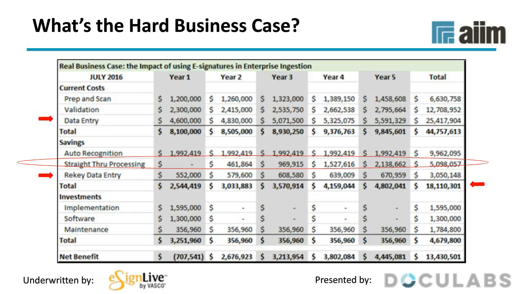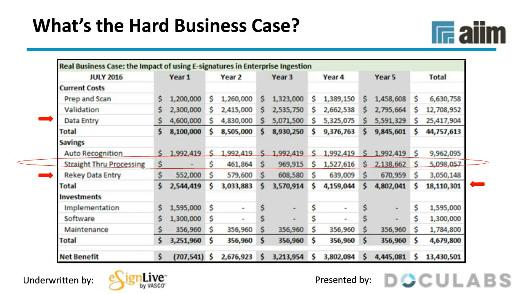In this very realistic scenario, you typically do it over 5 years. This is by doing e-forms and OCR capture and the e-forms using e-signatures. We're estimating a savings of $18 million over 5 years, as you can see by the arrow on the right-hand side. And again, as I say, it's highly conservative, where just a subset of the documents are able to be converted to digital forms or OCR'd and so on.